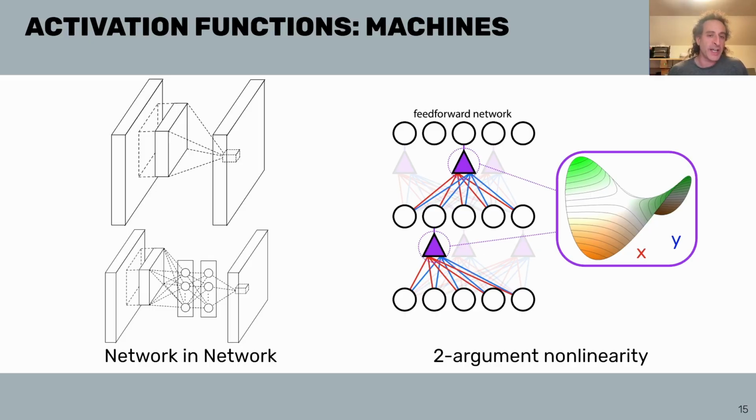But 1D activation functions are not the end of the road, and people have considered more. For example, a very flexible activation function is called the network in network, where you have a little mini neural network that transforms a set of inputs into an output and copies that throughout the entire network. I've worked on a variant of this with a couple of colleagues to look at two argument variants of this,